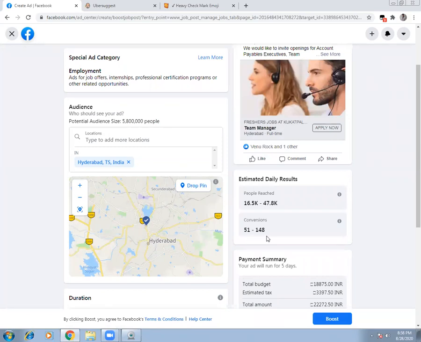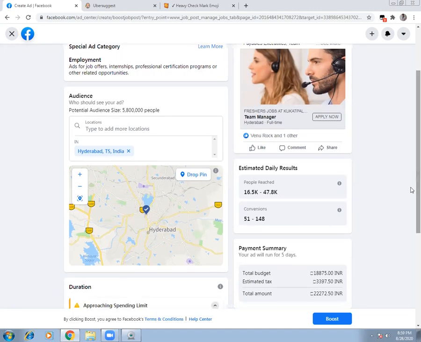Again guys, I want to reiterate, if you haven't run any ads, then Facebook will not give you this analysis. It will give you a rough estimate as to how your ad will look. This is how the ad will look like, and approximately it will give you, though it says 51 conversions. Conversion means when people will come and give their application with you, resume with you. Now in case people come onto your page and don't share their application, that is also considered as conversion, because Facebook is only giving you the data of people whom it will show the ad, but whether they'll give their details or not, it is up to them.